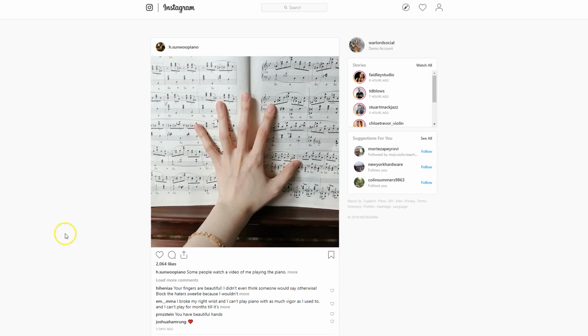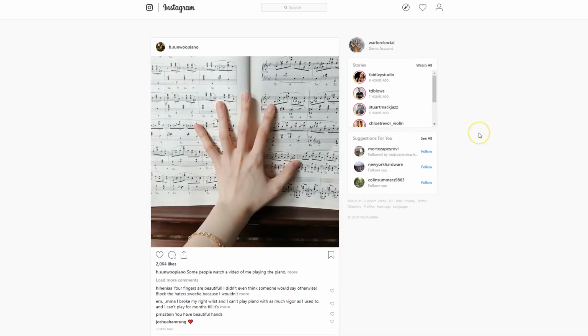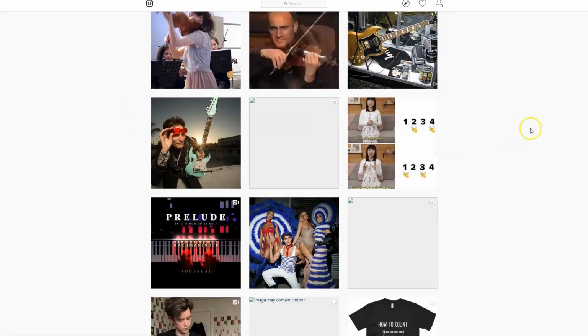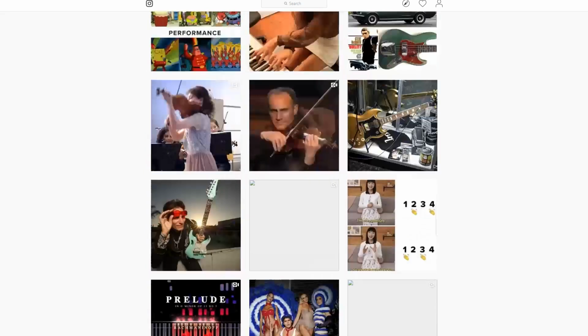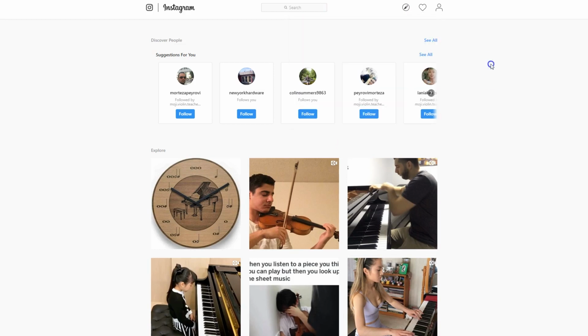So let's do a quick, brief overview of the different aspects of the Instagram experience. This is your news feed, right? You've seen this before. Right now we're working with a profile that's, as you can tell, interested in classical music, okay? Instruments and so on and so forth. The next thing here is the Explore button, which is where you can see recommended stuff, like recommended personalities or influencers to follow, or recommended content that Instagram, based on its algorithms, thinks you might be interested in. The next tab over is your notifications. This will tell you who's following you and who's not following you, and things that are posted and interaction with your posts, that type of stuff.